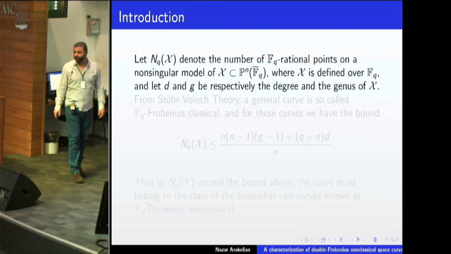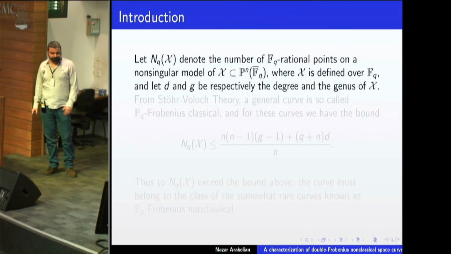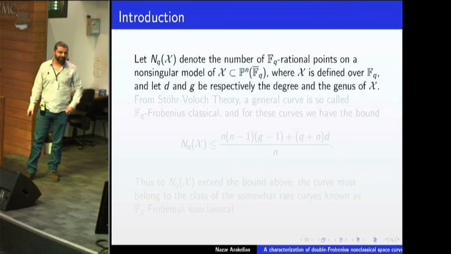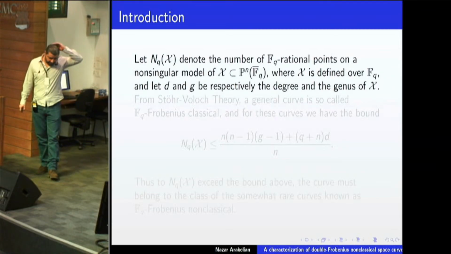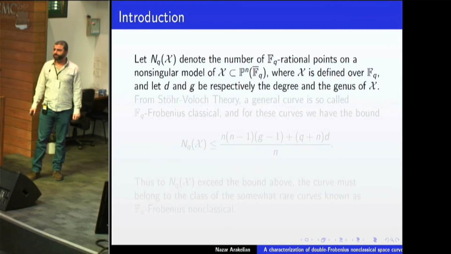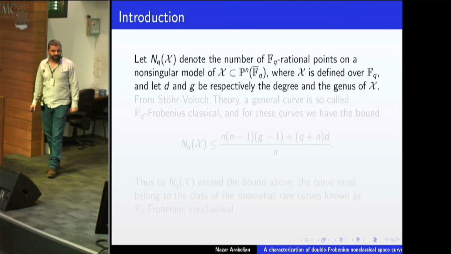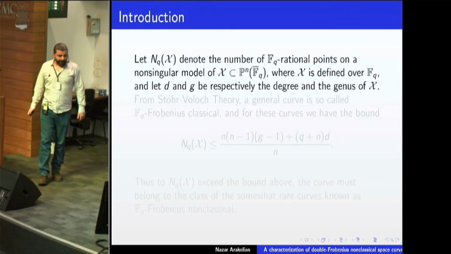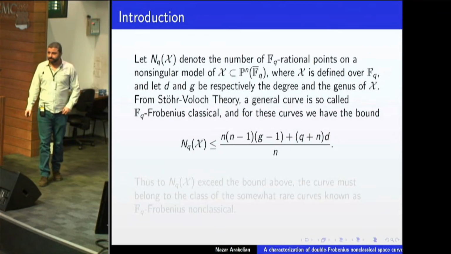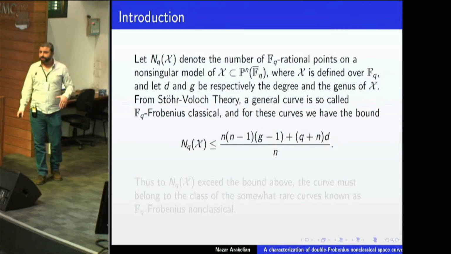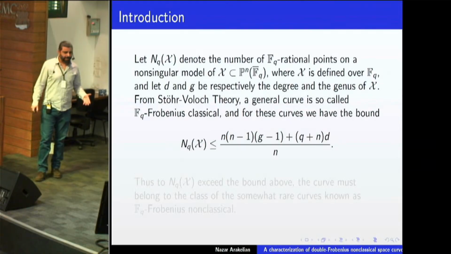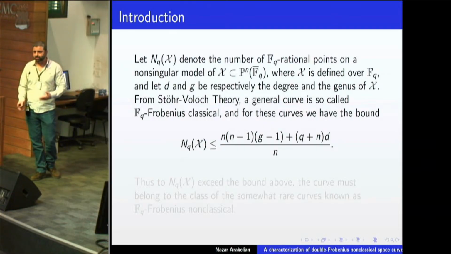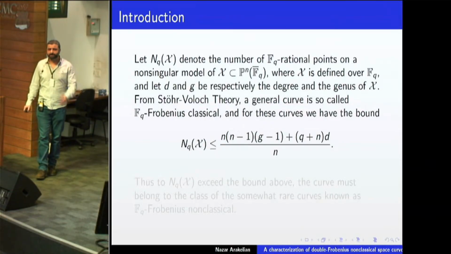Denote by N_q the number of F_q rational points on a curve X in P^n. Assume that the degree of this curve is d and the genus is g. If this curve is what we call F_q Frobenius classical, and I will give the precise definition of Frobenius non-classical curve in a couple of minutes, but